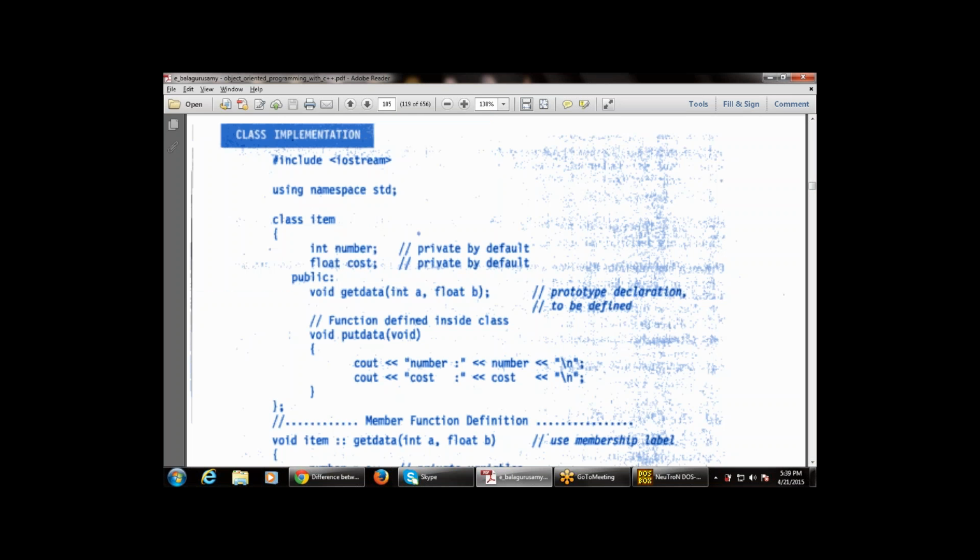So first of all, hash include iostream.h, then hash include conio.h, right, then uses the class item,